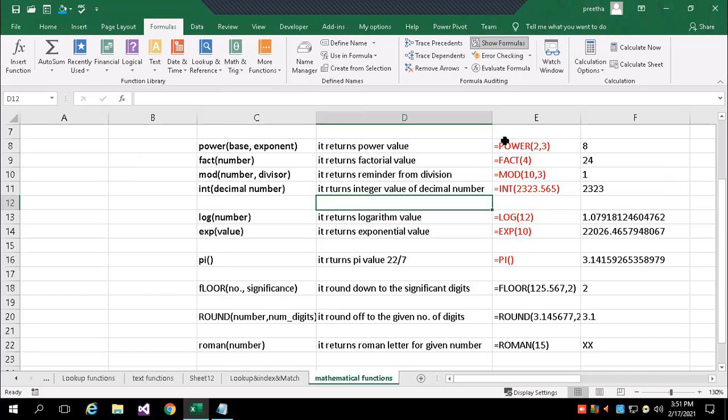First, I have given the basic function here. You can see POWER, with the base and the exponent, 2 to the power of 3.